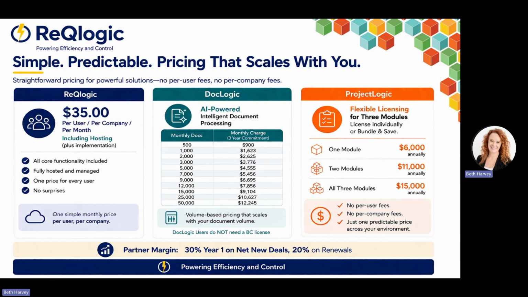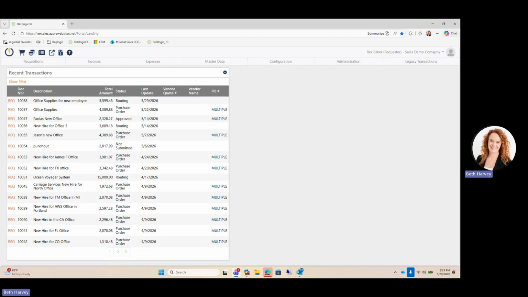So next, I'm going to take us through a quick demo of ReQlogic. Of course, if you'd like to see a demo of any of the other logic blocks, I would be more than happy to show you that. This is the screen or the dashboard for a user that's logging into ReQlogic. ReQlogic is very configurable, so depending upon who you are and what you do, your dashboard could be completely different